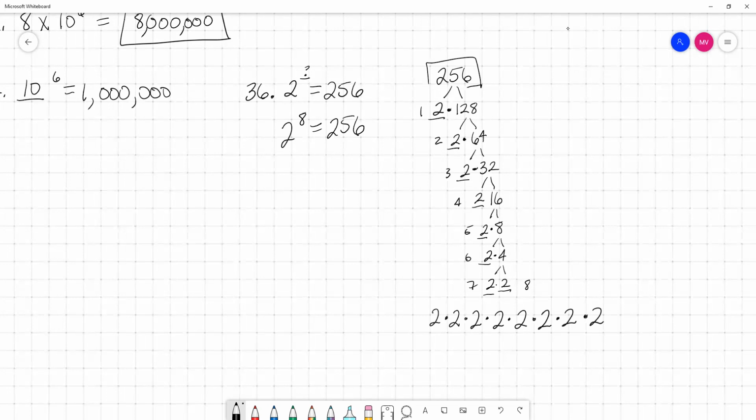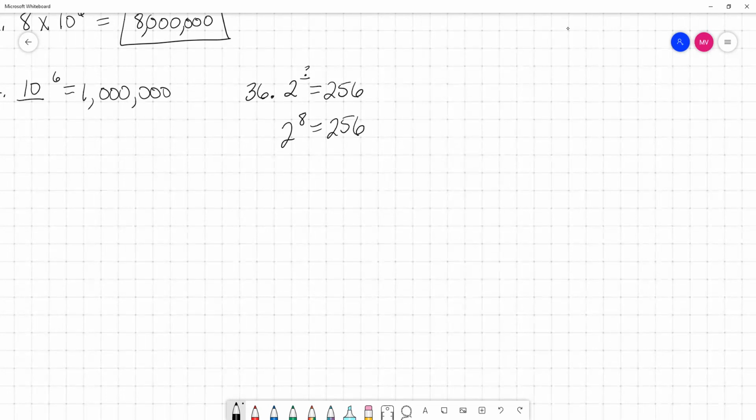Well, we'll wait. We haven't really gotten there yet, but you've kind of seen it before. That doesn't look completely new, maybe to you. You've probably seen it. You would have gotten it in public school. The other way to do this, if you don't know how many times 2 times itself equals 256, well, you